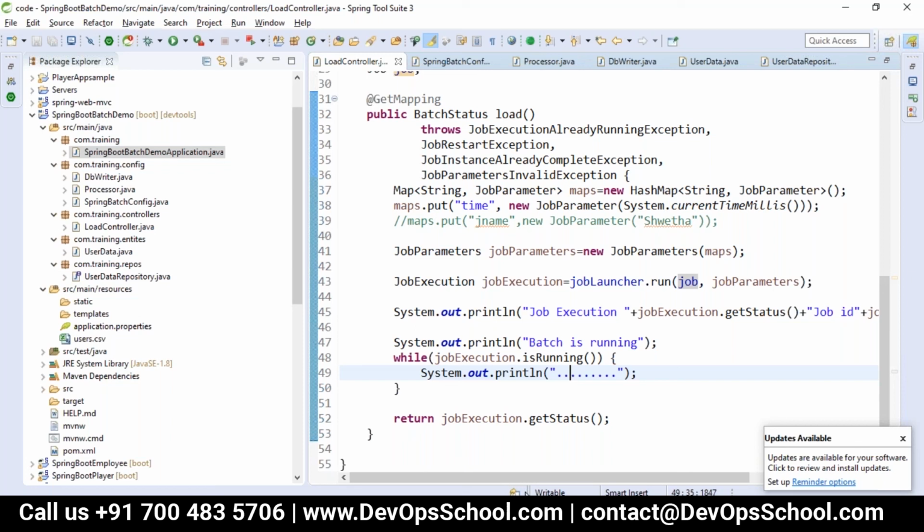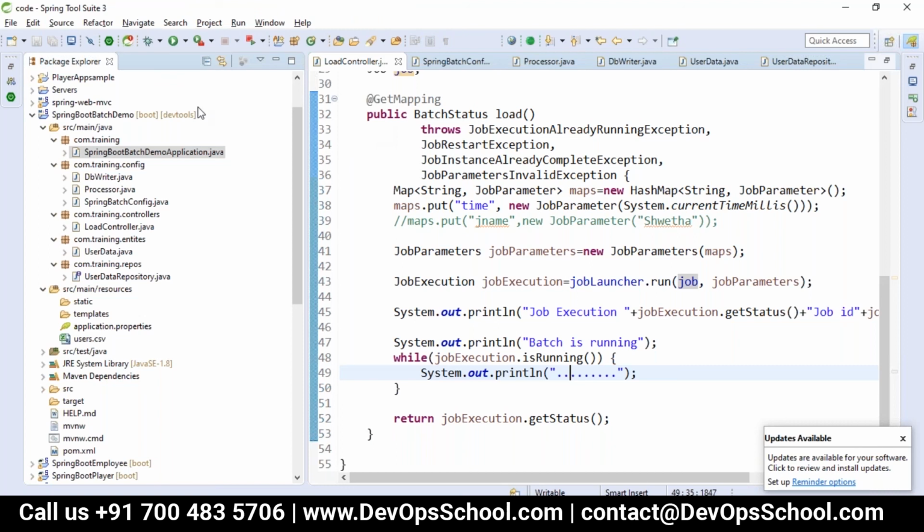So basically you have to configure and write the item reader, item writer, item processor, the job and the step. For that you require a job builder factory and a step builder factory. These configurations have to be taken care of with respect to a job. So that is about Spring Batch.